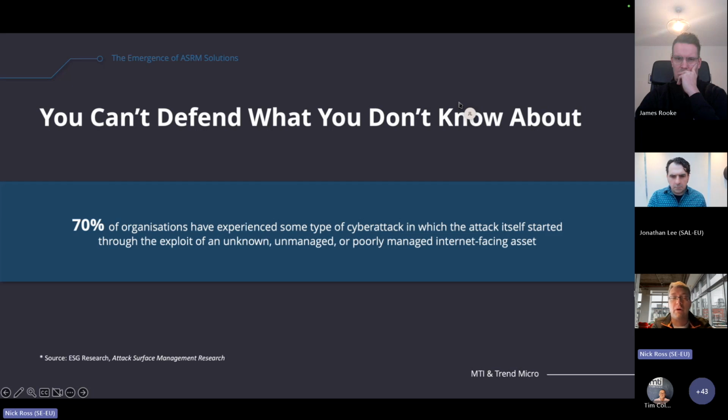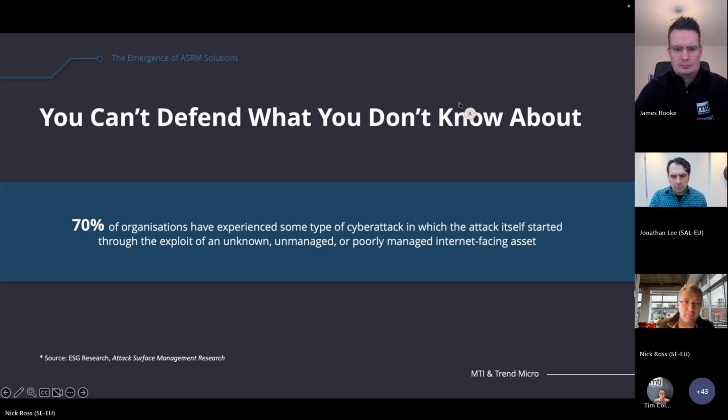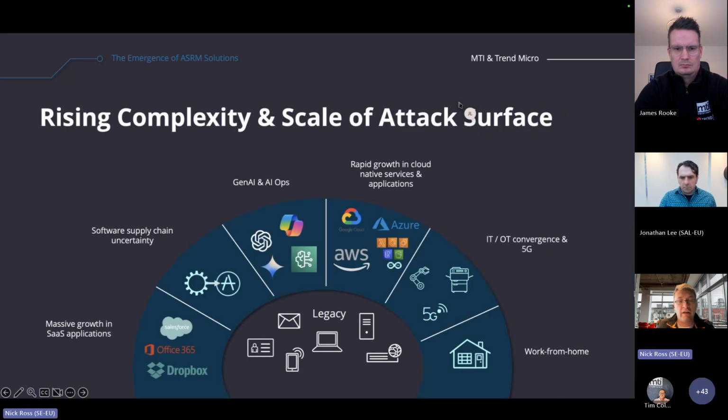What ASRM brings to the party is really helping organizations identify the weak spots in their security posture and making sure that they're appropriately protecting the devices that they perhaps don't currently know about. And we know the attack surface is very sophisticated these days. The bad guys are typically going after, Jonathan mentioned legacy debt earlier on, legacy resources and legacy assets, perhaps running out of date operating systems or legacy applications in your environment, which is ultimately a risk factor that we need to take into account.